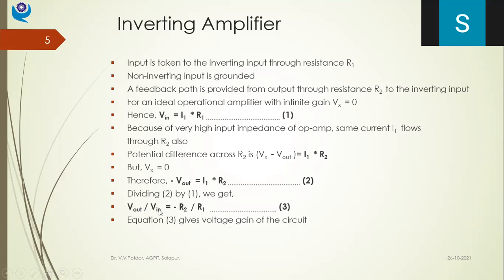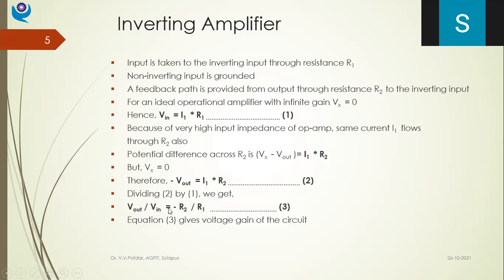Vout will be equal to minus R2 by R1 into Vin. I had given Vin as 10 millivolt, and I want to make 10 millivolt into minus 10 millivolt. So I don't want to change the gain. I'll keep both the resistances the same, 100 ohm, 100 ohm. The ratio will be 1. Only the sign will change from the positive 10 millivolt I had given.